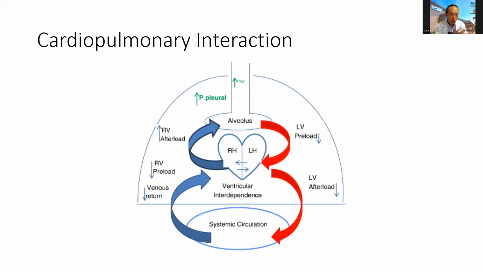And whether you have a right side that is too big or the left side that is too big compressing the right side, all these things are very important to take note. So if you have this concept in your mind, then you can apply this to any cardiac condition that we want to treat. Because even in a patient like a tetralogy of Fallot